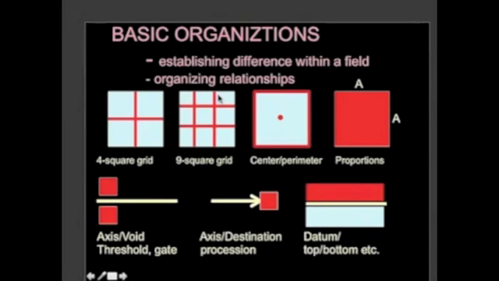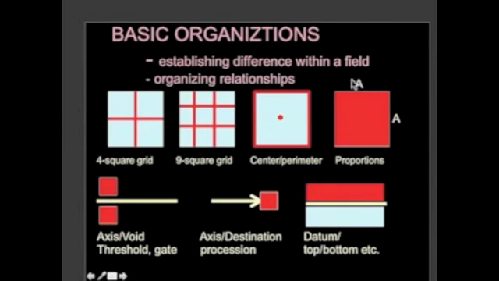We could also get the same thing going with a 9-square grid, where the center, instead of being a point, becomes a plane or a cell. So that's kind of interesting ways of finding an organization that configures center in different ways. A center that can be occupied, a center that deflects activity around its point. So all kinds of things to look at.